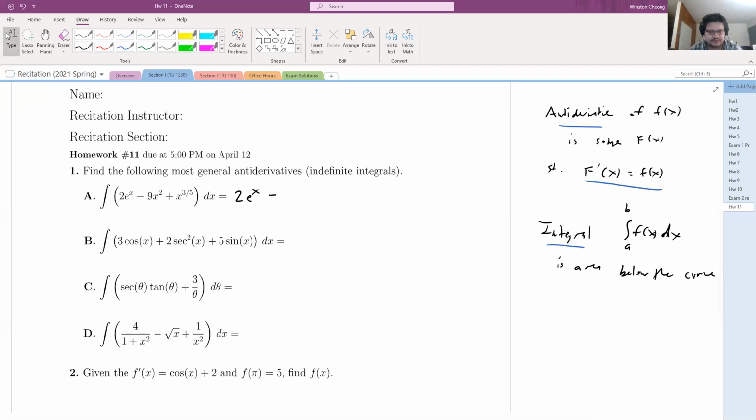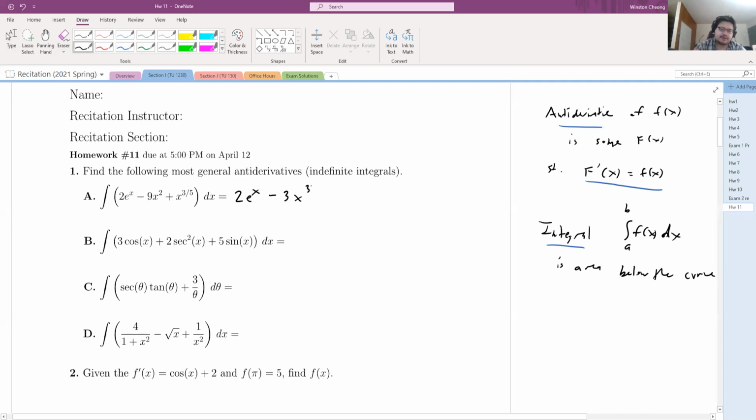why is my cursor being so slow? Second. Yeah, I don't know. Okay,